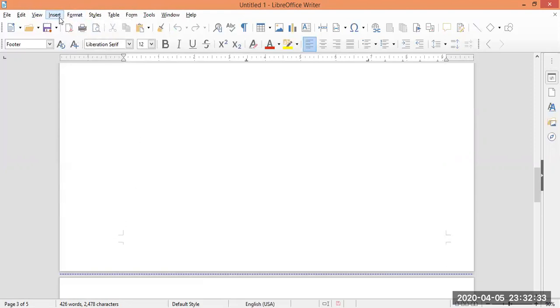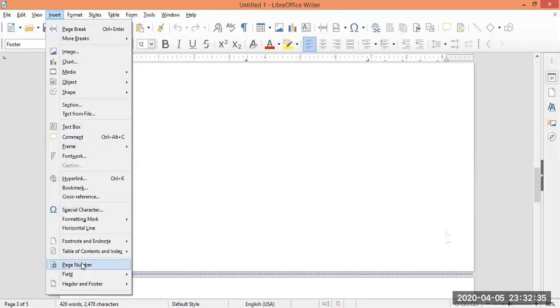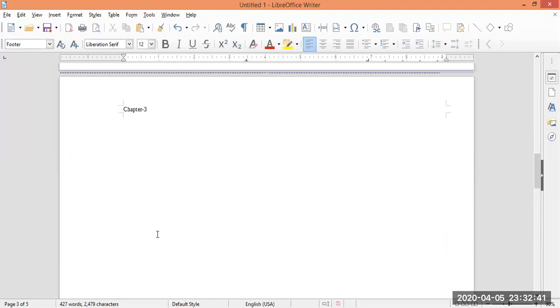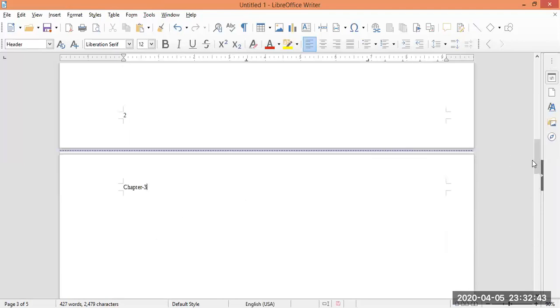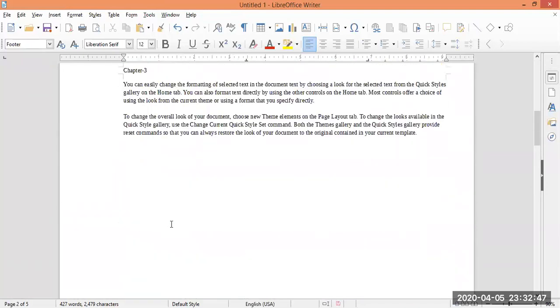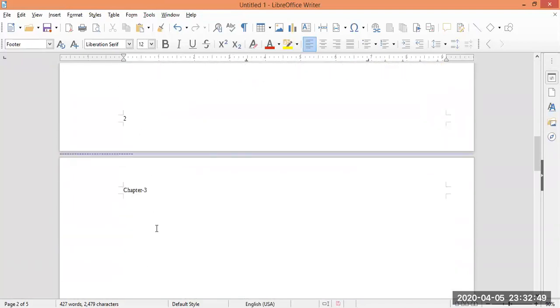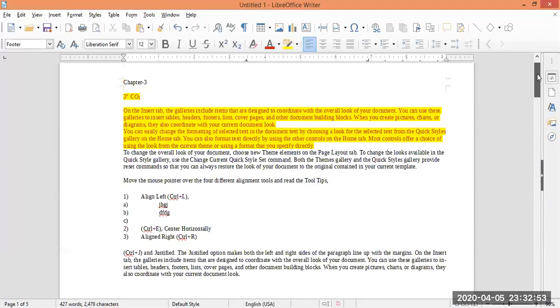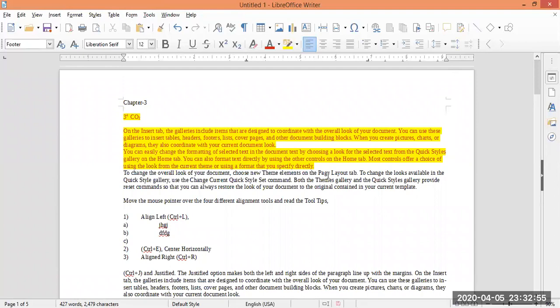Now you can insert, then page number. So the page number will be inserted at the bottom of each page. You can see that when we move to the first page, it is showing 1, 2 on the second page, 3 on the third page. Likewise, on each page, it will show the page number.